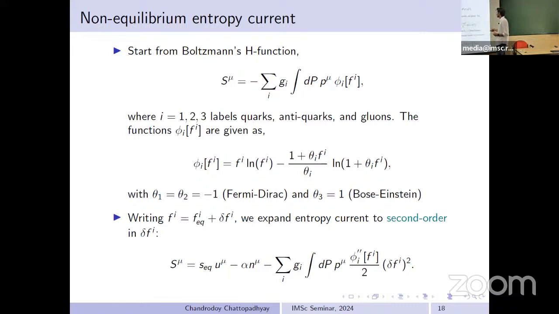So this expression can be obtained from the usual Shannon's definition of P log P. It just gives this form. So again, what we do here is, because we were doing some second order hydro, we again expand this distribution function up to second order in velocity gradients. And after that, some